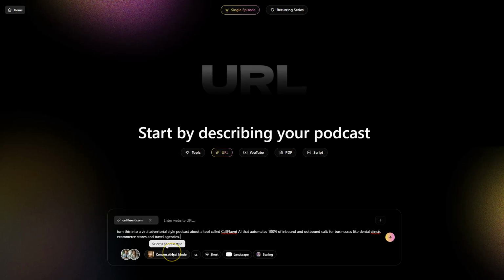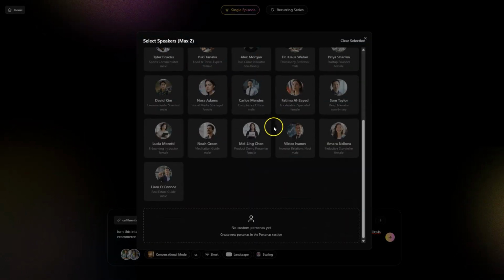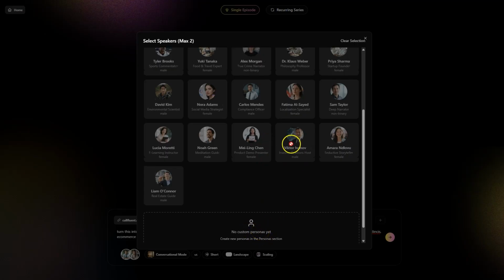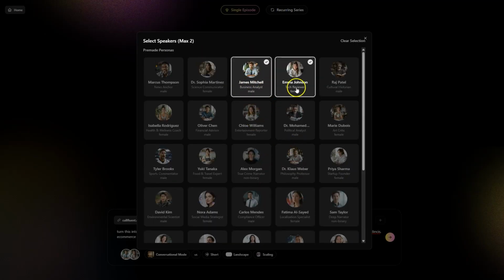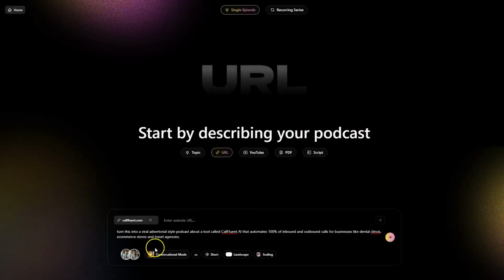Now the next step, which is step number 2, all you have to do is just select the speakers. You can select any of the ones that we have over here, or you can even create your own custom personas. For this example, I will go with James and Emma, and I will just allow it to be like this, and then you can even select your